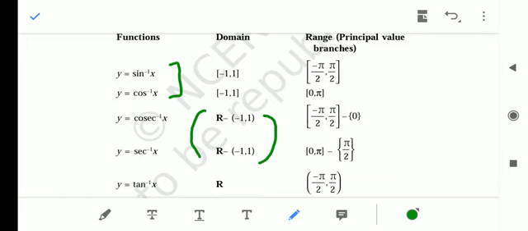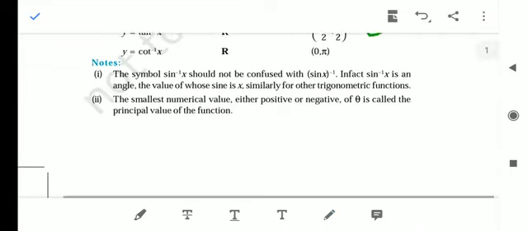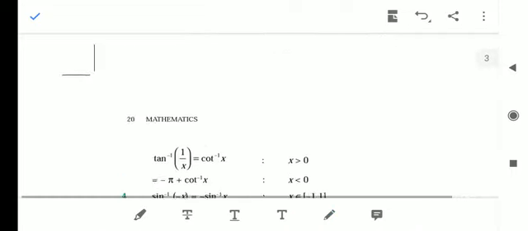And the range of sin inverse x is -pi by 2 to +pi by 2, and of tan inverse x is -pi by 2 to +pi by 2 in open interval. In case of cosec inverse x, it is -pi by 2 to +pi by 2 excluding 0. Similarly, 0 to pi closed interval for cos inverse x, 0 to pi open interval for cot inverse x, and 0 to pi closed interval excluding pi by 2 is the range of sec inverse x. So we are proceeding to the next point. We will see some questions based on this concept.